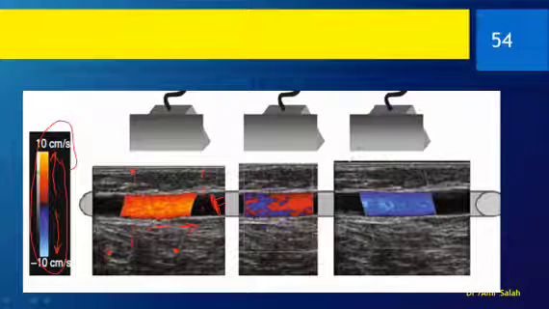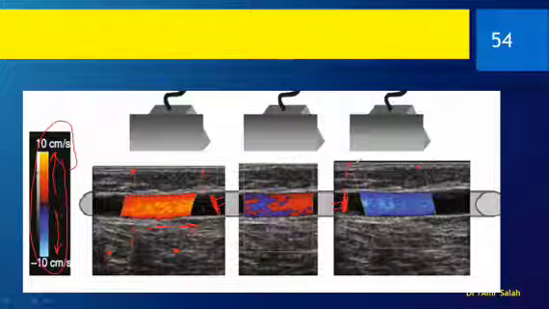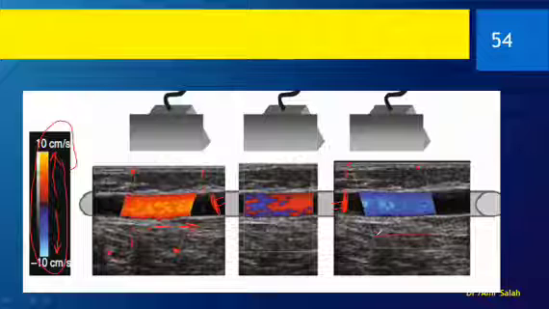Let's check it here. Where is your probe? Voila, here is the line outside your box, so the virtual probe is here. Is the blood towards or away? Check the color box, or the color map, or the color bar. Now here, the color of the blood is blue, so it is away. See, it's the same direction.